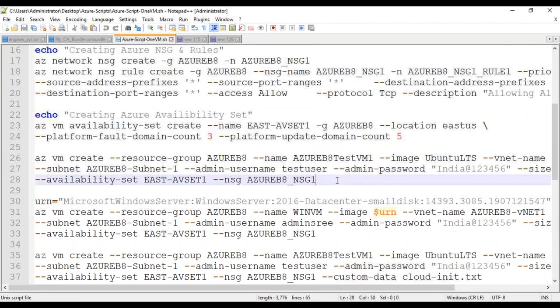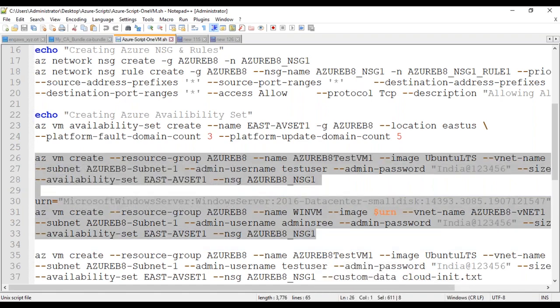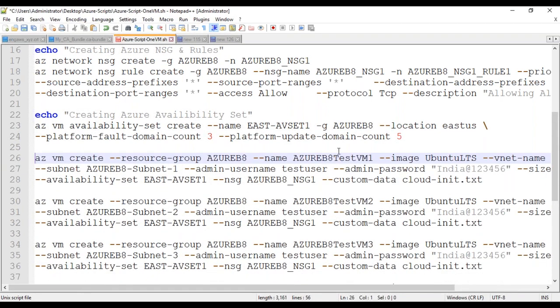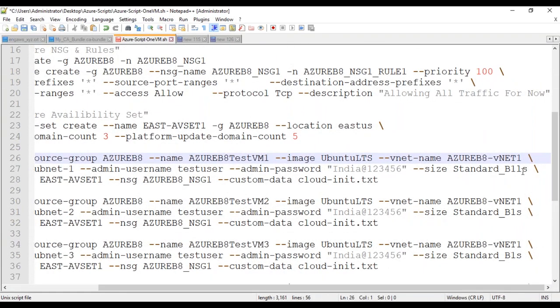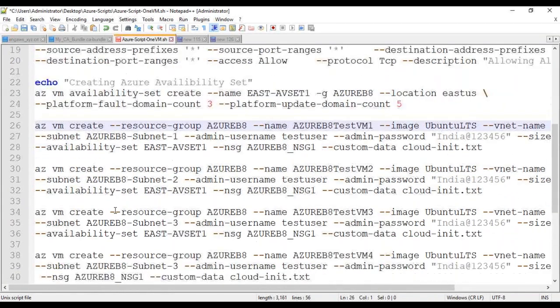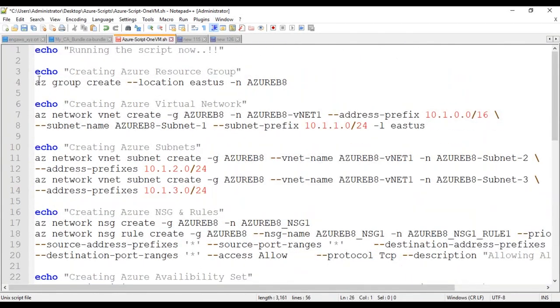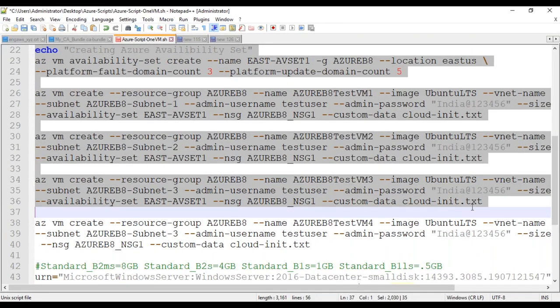Why do we have all these things here? Give me one minute. Let me delete this, guys. Okay, I want to create test VM 2 and 3. Now the important thing here is I'm going to use B1LS, meaning smallest, because these are Linux machines, guys, and it uses like 512 MB RAM. It works beautifully actually. So don't worry, I'm going to explain all these things, so you don't need to worry about it. But what I'm going to do here is copy all these three machines.